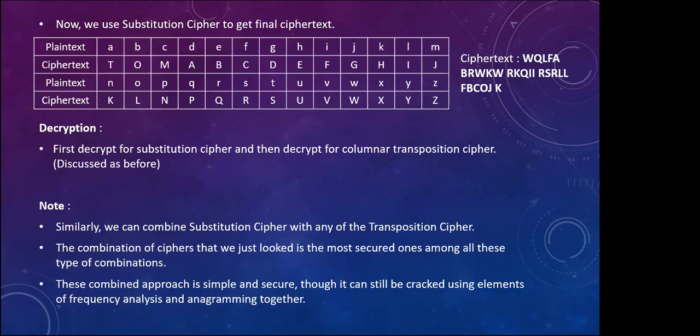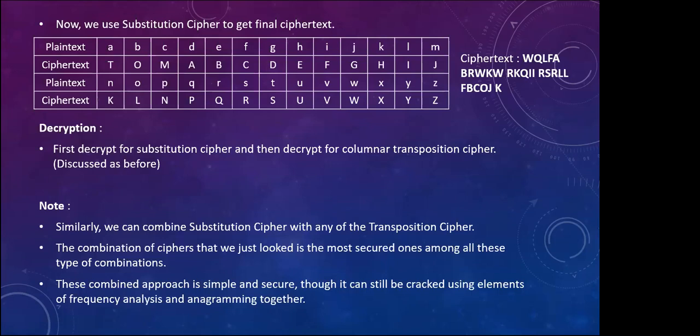We can use other combinations also. Those are also secure, but this is a little more secure. This is what I have learned. The measurement of security I also don't know. It's just that it is a little difficult to get the pattern within the columnar transposition cipher. As we know, for the substitution cipher we use frequency analysis to break it, to decrypt.